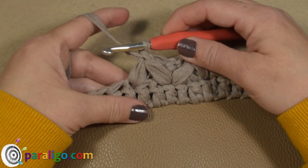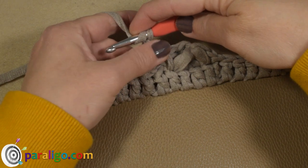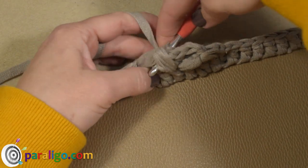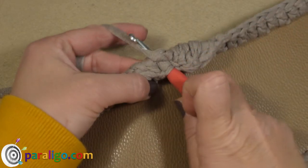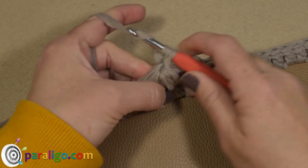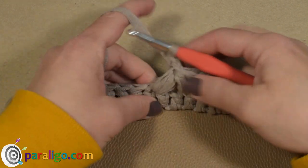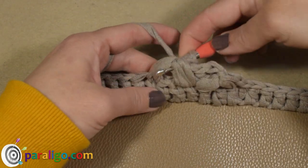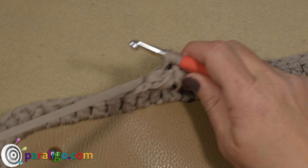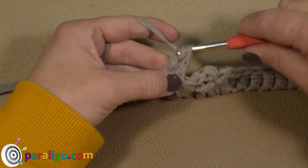And again, I'm going to yarn over and place a double crochet into the first of the 2 skipped stitches. To do that, I'm going to go from the back of my work, insert into the 1st stitch, yarn over, pull a loop, yarn over again, pull through 2, yarn over again, pull through 2, and I'm going to place 1 more double crochet into the next skipped stitch. We'll yarn over, go from the back of my work, insert into the stitch, pull a loop, and then yarn over, pull through 2, yarn over 1 more time, and pull through 2